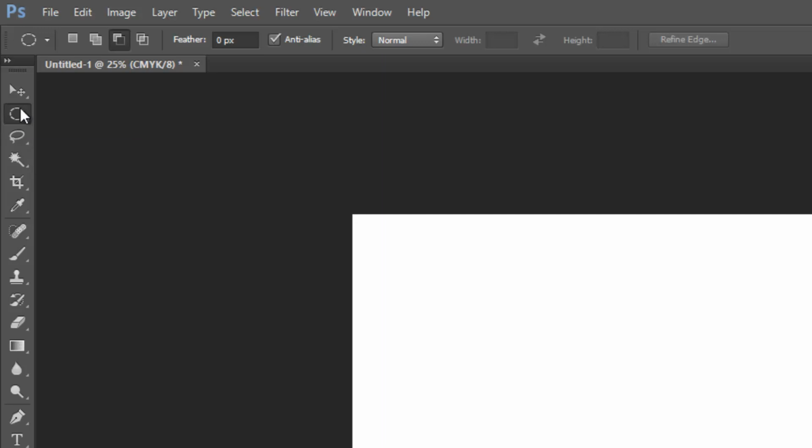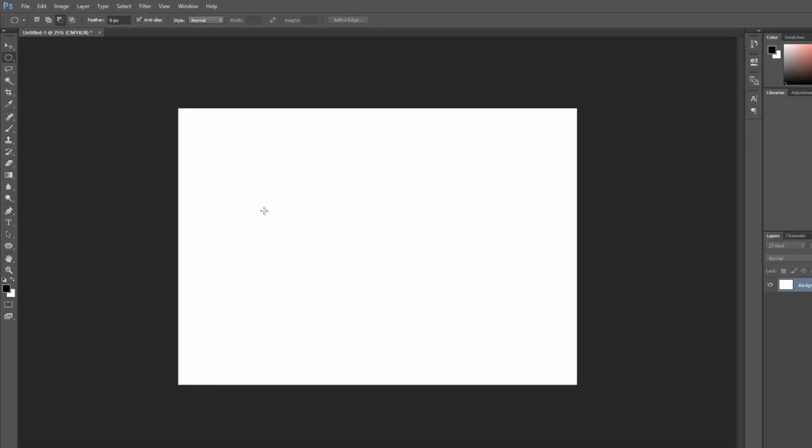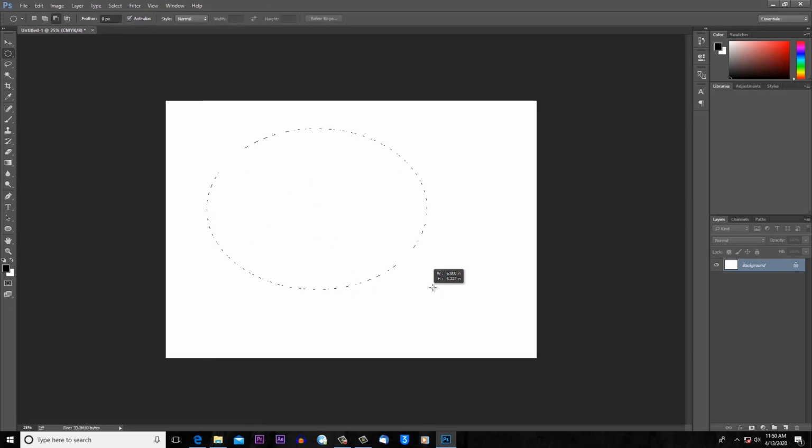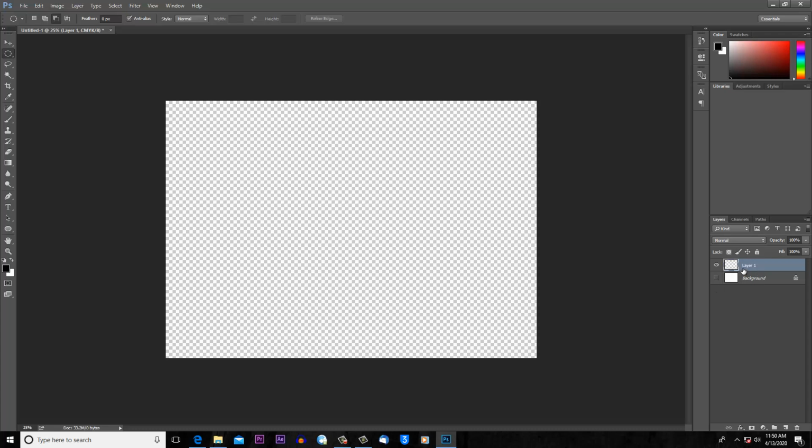So first what we're going to do is to create a layer. Right now I can just start using the marquee tool here, but if you want this to be on its own layer so that later you will be able to manipulate it by itself, because right now we only have the background layer here, then before I start doing anything, I'm going to create a transparent layer. So right now I have a transparent layer. If I turn this off, you will see that nothing is there. There is no color, so it's transparent.